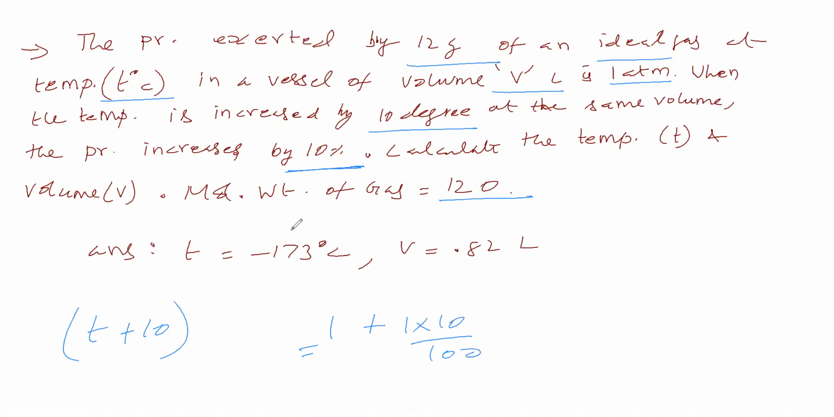They are asking to find this volume and this temperature. Use the ideal gas equation PV equals nRT. You can get the temperature T in degree Celsius and the volume V in liter. Only thing, you see what is changing? Temperature and